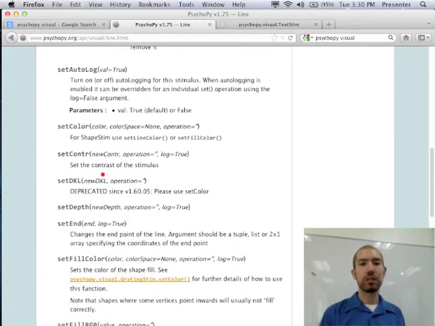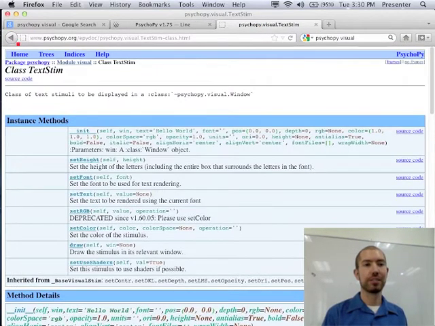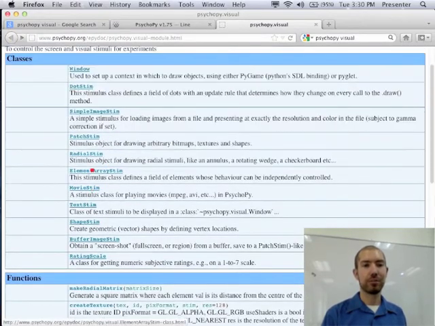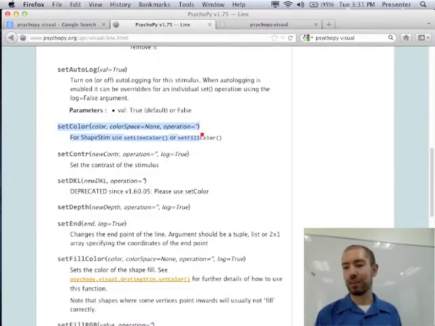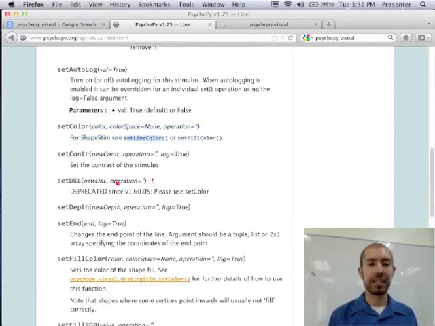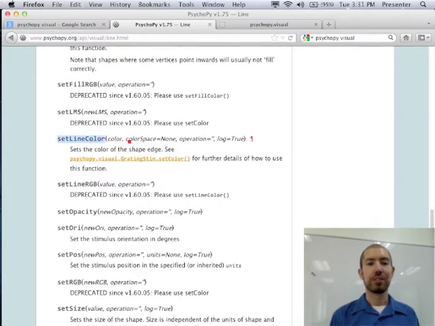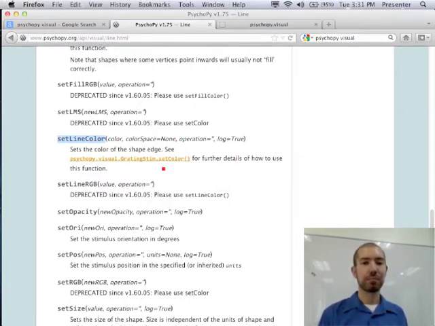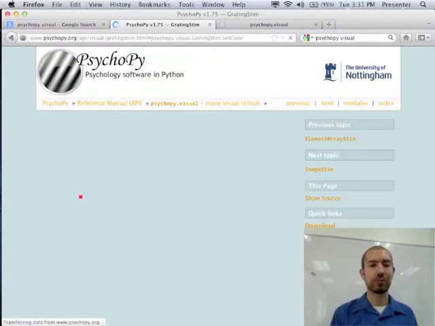Okay, so if we look at the documentation for how to change the color, we might actually have to go into this documentation to see, let's see, where's our Line? Well, this is a little annoying, right? Because we don't have a line stimulus here. And this one doesn't tell us exactly how to set the color of the line. But what we can do, it says use setLineColor. All right, so let's go down to setLineColor. You have to try a few things sometimes. So it says you have a color and a color space, and then some other stuff that we don't really care about. See setColor for how to use this function. So you might have to jump around a bit in the documentation if you're doing this from scratch.